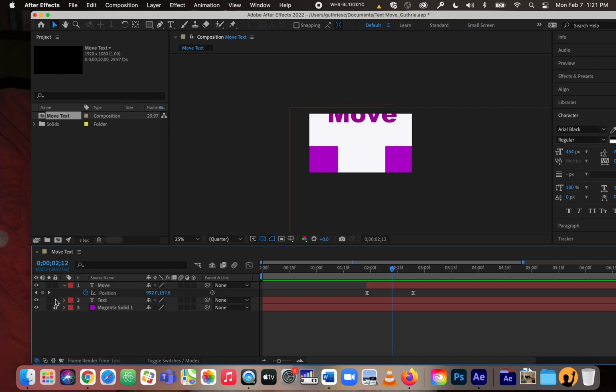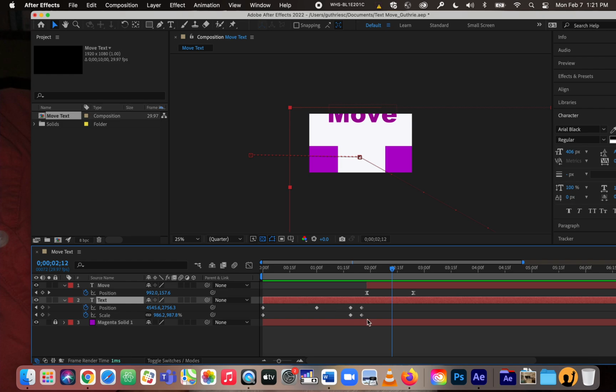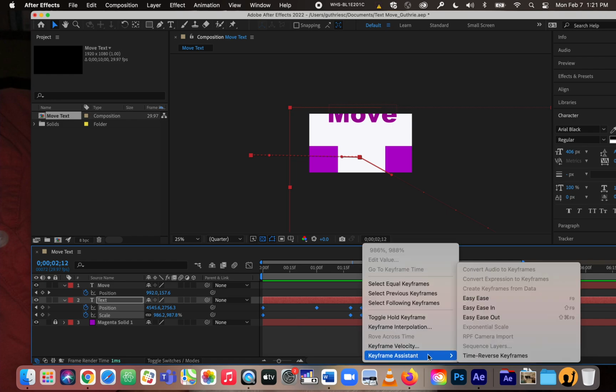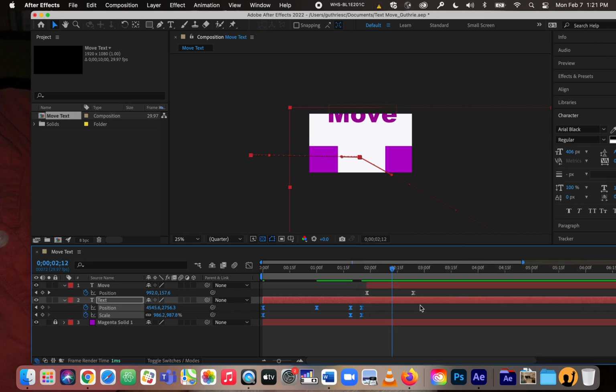And I'm going to unlock my other text tool and press U. And I'm going to do the same thing. I'm going to highlight all of them on my text layer, right click on one of them, and go down to Keyframe Assistant, Easy Ease. And again, they're hourglasses or whatever. So what I'm going to do is highlight the one on the one layer,